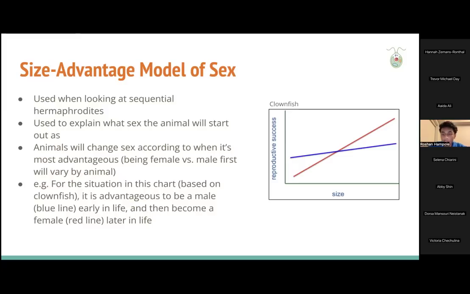But then later in life, once the animals have grown and they're older, we find that females will have higher reproductive success than males. So what we find is that because it's most optimal to be a male early in life when you're small, and most optimal would be a female later in life when you're large, we find that clownfish will start out as male and then become females later in life, as that's what maximizes their reproductive success